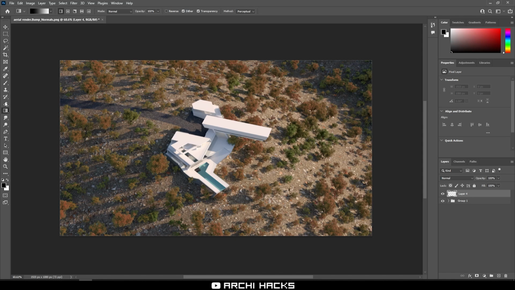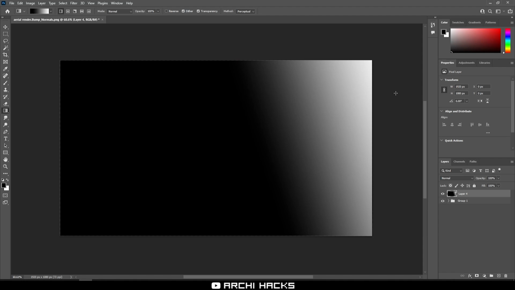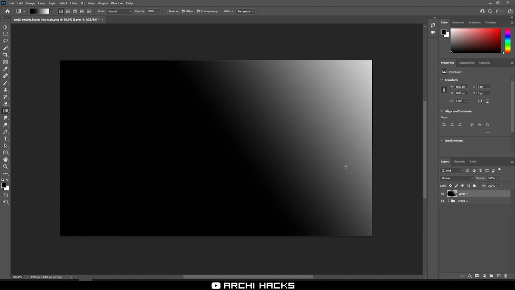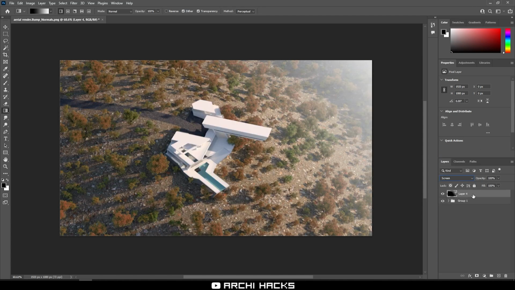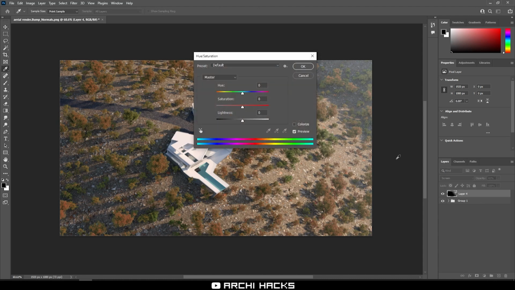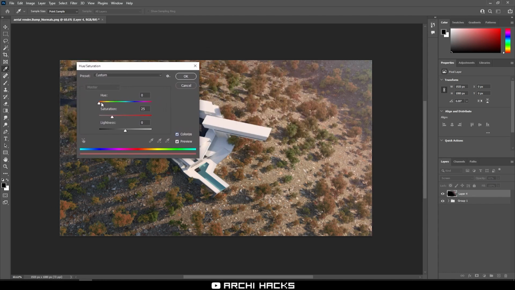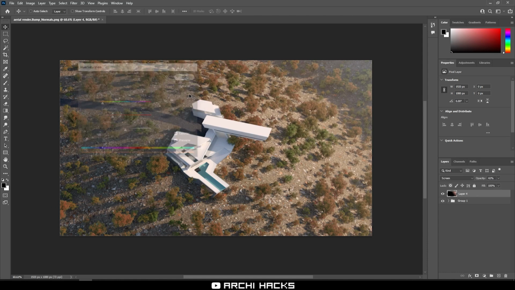So I'm going to take our gradient tool and start drawing some gradient. It's probably coming slightly from above in that direction. I'll change the blending mode to screen and reduce the opacity to maybe about 50%, 40%. And the light is looking a little pale, so I'm going to change that using hue and saturation. I'll colorize it and go for a slightly orangish color